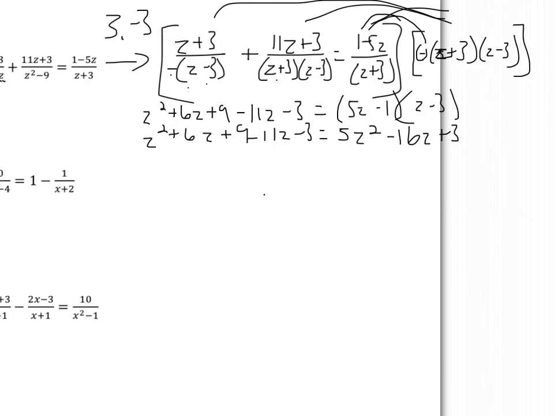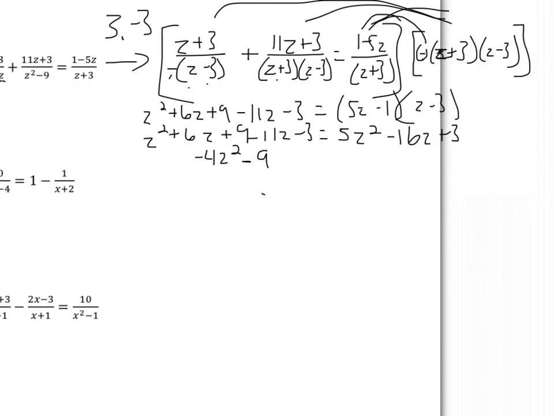Subtract everything over, get everything to one side, so we'll have a negative 4z squared. On this side we have plus 6z minus 0 is 6z. We're adding a 16z though, so 6 plus 16 is